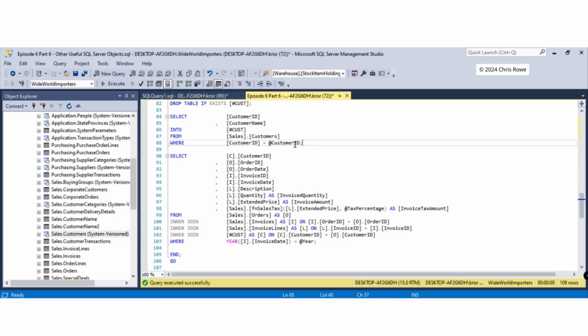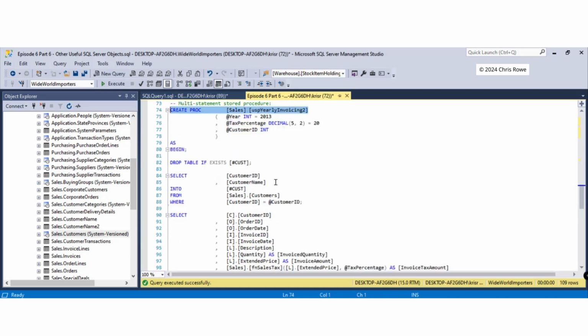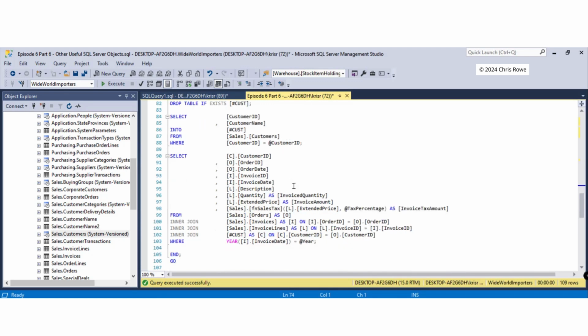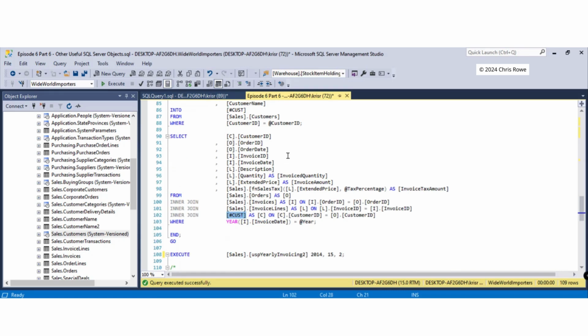So you are kind of building a table on the fly. Brilliant. That is your example there of a multi-statement stored procedure. Pretty straightforward stuff, pretty easy to use to bring your temporary table or your table variable, you'd use it in the same way, within your inner join into your final select statement to get your